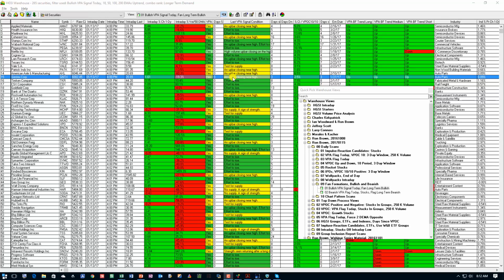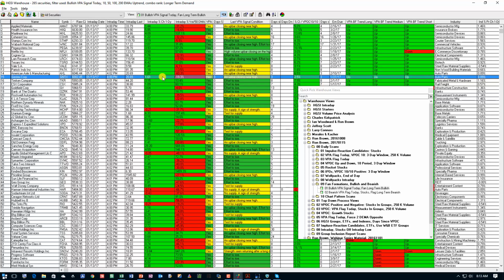Now I'm in the warehouse view of HGSI Investor. I have the stock highlighted that I went over in the previous video, and it passes this filter today. Now, it's passed this filter multiple times before, or it would have. I actually just received the code for this filter, but I want to point out